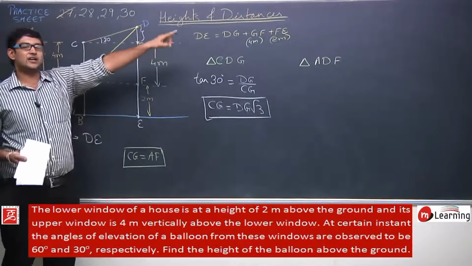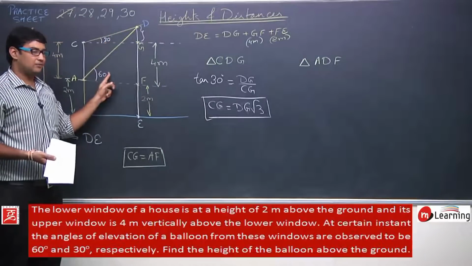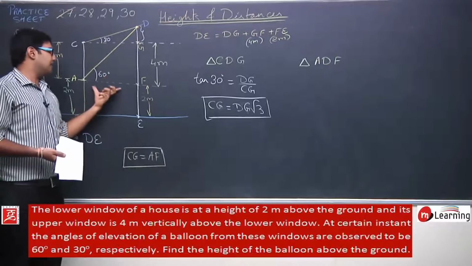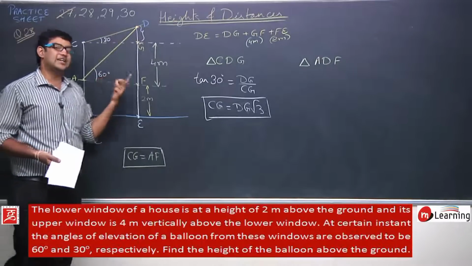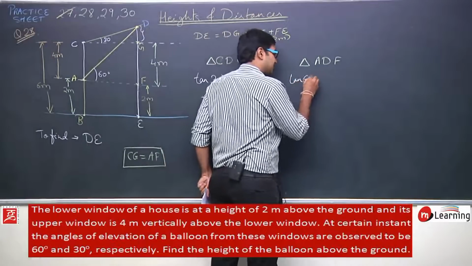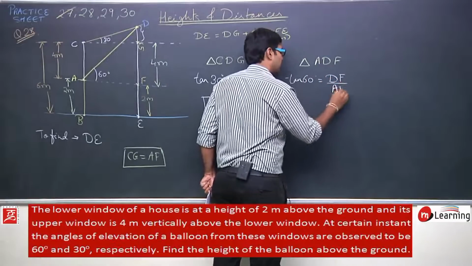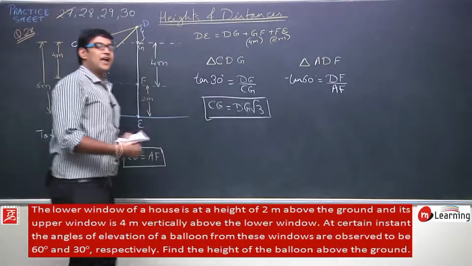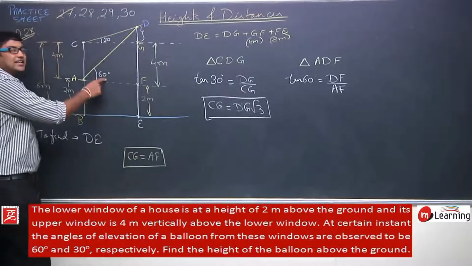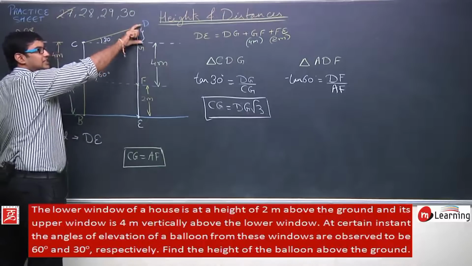Now observe the second triangle, triangle ADF. In triangle ADF, this angle is 60 degree. DF is the perpendicular with respect to this angle and AF is the base with respect to this 60 degree. So I can write tan of angle 60 degree is equal to DF upon AF. Now why have I used tan of 60 degree? It's because tan of 60 degree contains this perpendicular, and in the perpendicular I have this DG as the unknown